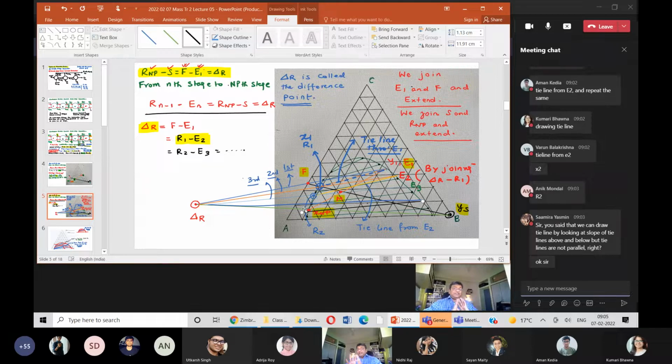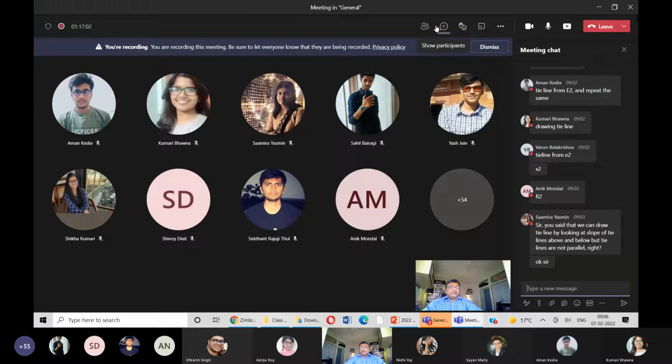Is it clear? Is this construction clear to all of you? Online semester, offline semester, maybe I would have given a problem like this. Online semester, very unlikely that I will give a problem because I do not know whether everybody has access to a printer, this and that. But this is the crux of how you solve a continuous counterflow using a triangular graph. Class, kindly confirm that you have understood, and if you have any doubt, kindly raise your objection also.